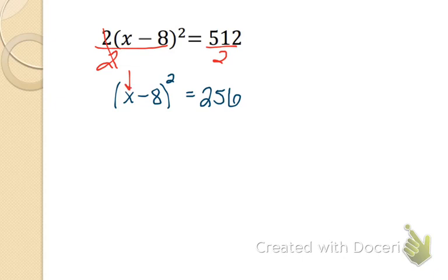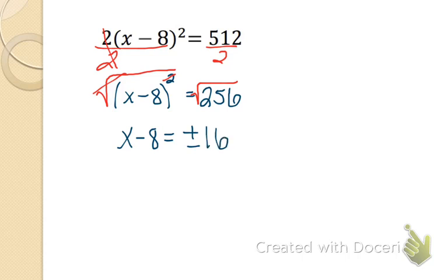So again, to try and get x isolated by itself, we have to get rid of the power of 2. To get rid of the power of 2, you take the square root. What you do to one side, you have to do to the other. So then we have x minus 8, no need for parentheses, equals plus or minus the square root of 256. The square root of 256 is 16, because it's a perfect square. Next, we have to move that 8. To move the 8 over, we need to add it. So we have that x